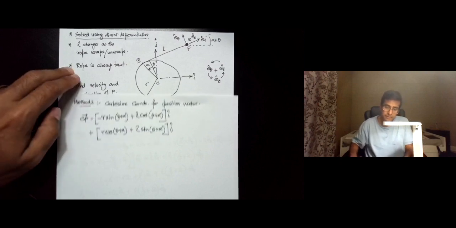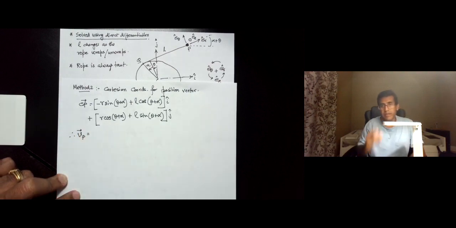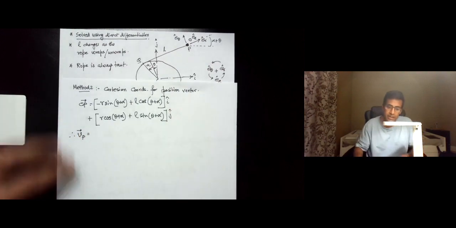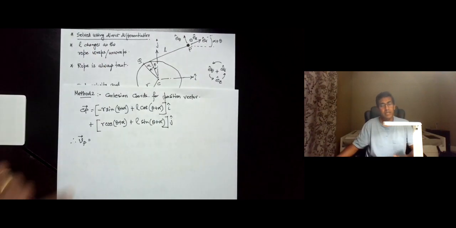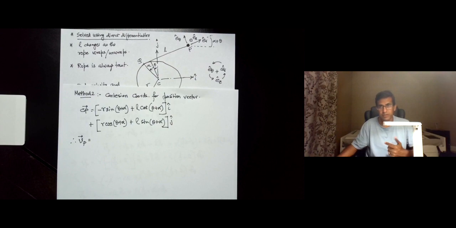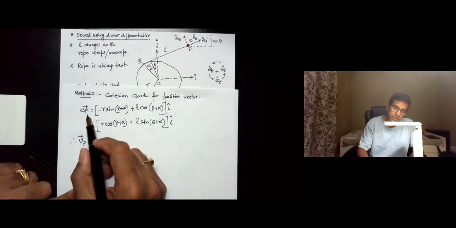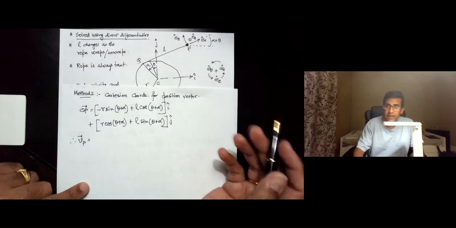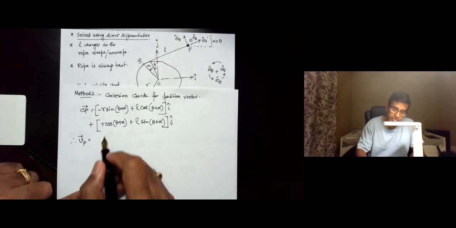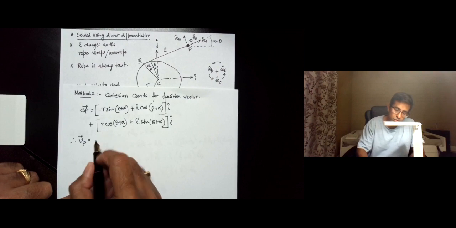So therefore Vp is equal to, now when we take the derivative, since i and j over here are fixed in direction, neither their magnitude, of course because they're unit vectors, nor their directions are changing. So when we take the derivative of Cp expressed in i and j, we do not need to differentiate i and j, because their derivatives are 0. So we have